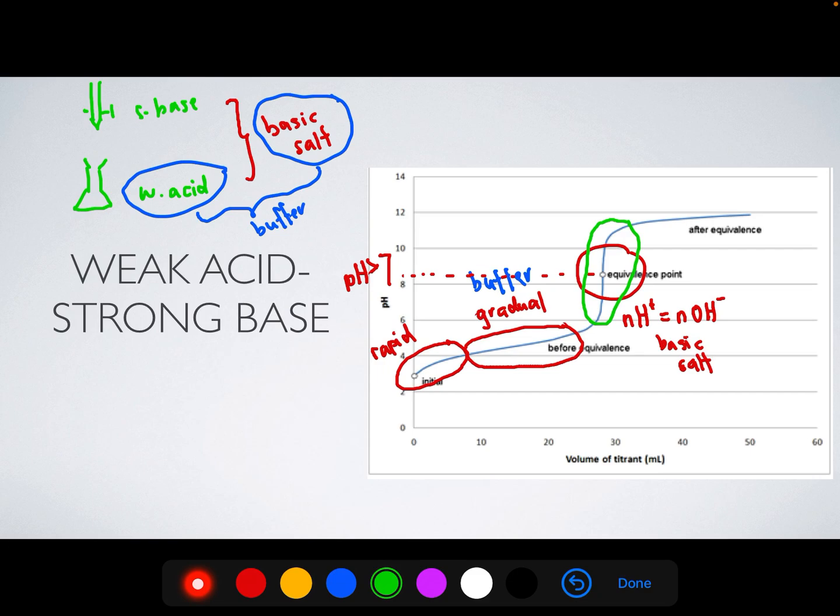So the pH jump of weak acid and strong base berlaku pada pH 7 to 11. Senang kan nak hafal 7, 11. So, the pH jump of weak acid and strong base berlaku pada pH 7, bermula pada pH 7 sehingga lebih kurang pH 11. Okay, and then after the pH jump, the